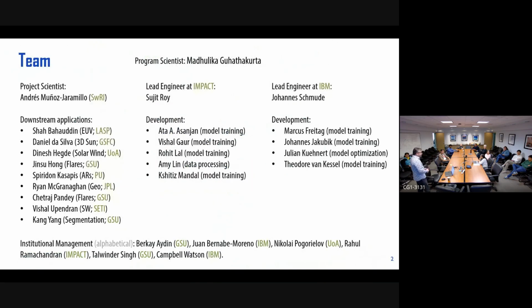It's a very large team. It has a science core that I'm leading that includes people from 12 different institutions, covering a wide range of different aspects of heliophysics. And it has two engineering cores, one at NASA Marshall as part of the IMPACT team, and one at IBM.